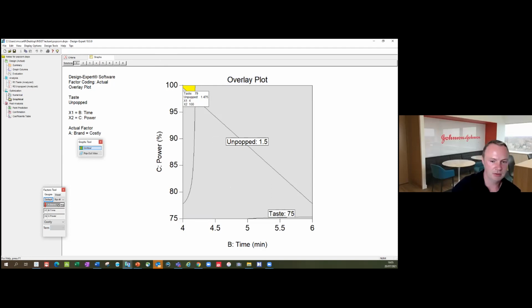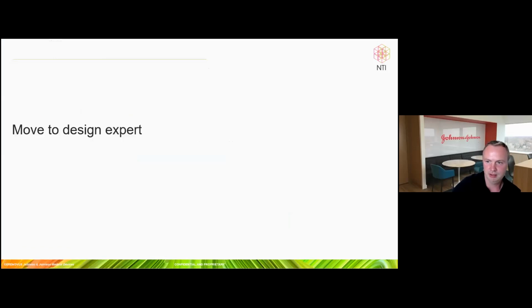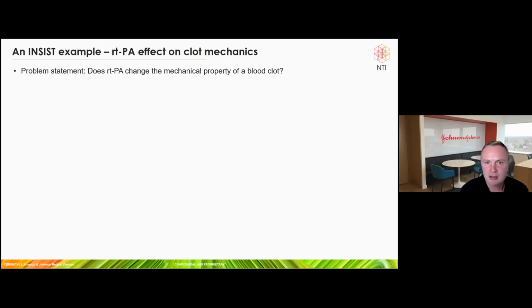All right. I'm going to go back to my slide deck. Hopefully you're still with me. So that's really kind of an overview of DOE, the different types of models you can create, why we want to do it as opposed to doing the one factor at a time type of experimentation. And I'm going to finish up with showing you a new example, our experiment looking at the mechanics of clots following rtPA